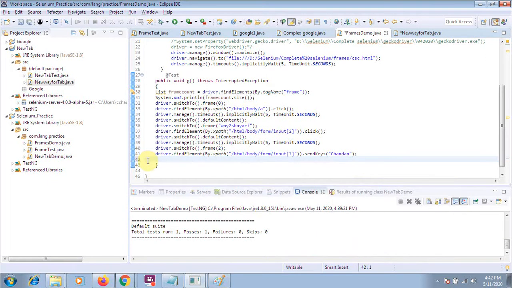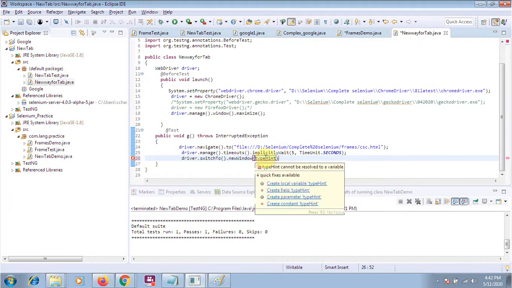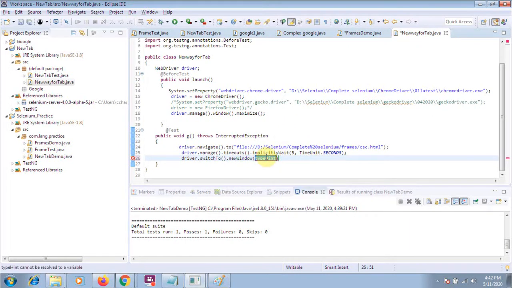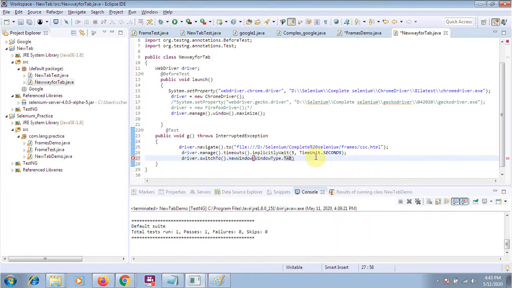But in the new Selenium version, this feature is available: newWindow. In newWindow, you simply type WindowType.TAB. You just need to click on it, and it will open your new tab.